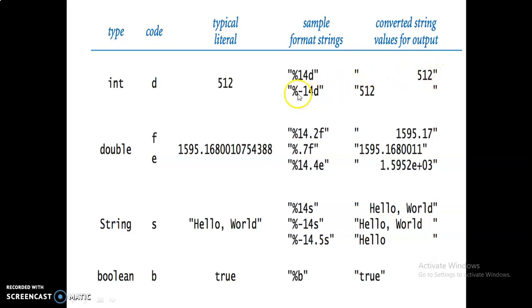If you want to display the output in left justification, you have to mention the minus sign before the width. If you mention the minus